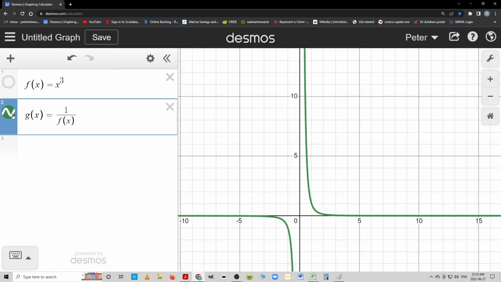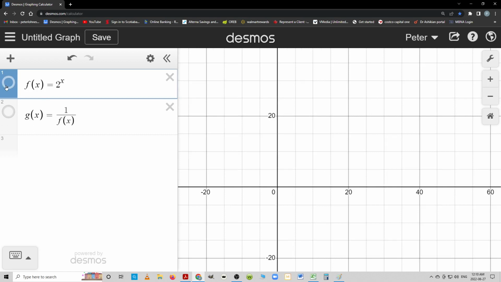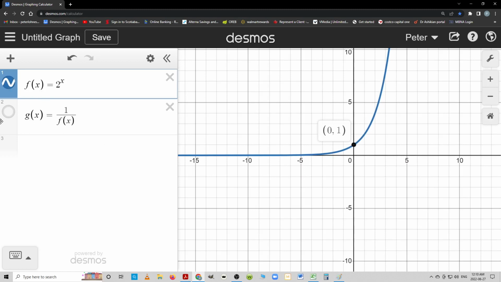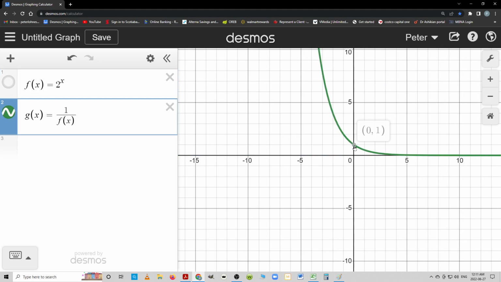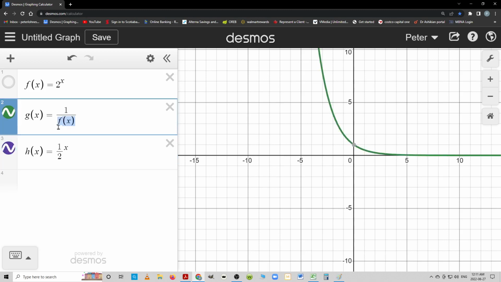So let's turn this off. Here is your standard growth curve. Zero comma 1, and here's the reciprocal. Look at that. Looks almost exactly like the decay curve. As a matter of fact, we should look at the decay curve to see if it's identical. Look at that. The reciprocal of a growth curve is a decay curve, which actually makes total sense because 1 over 2 to the x